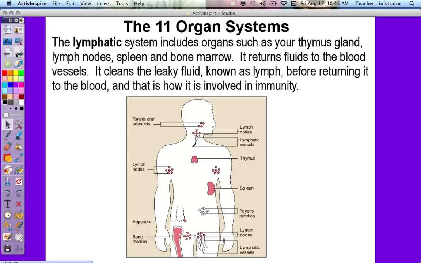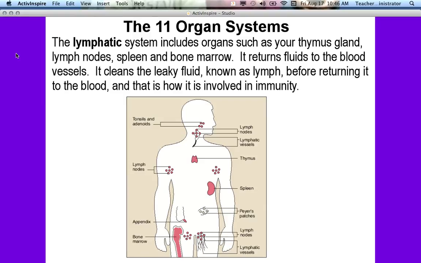The next system is your lymphatic system. It's also known as your immune system, and it includes organs such as your thymus gland, your lymph nodes, your spleen, and your bone marrow. Its job is that it returns fluids that have leaked out of the bloodstream back to your blood vessels. It first has to clean that fluid, which is known as lymph, so that it won't let any bad, infectious materials back into your bloodstream, since your blood goes everywhere in your body. And so that's how this lymphatic system is involved in what we call your immunity,